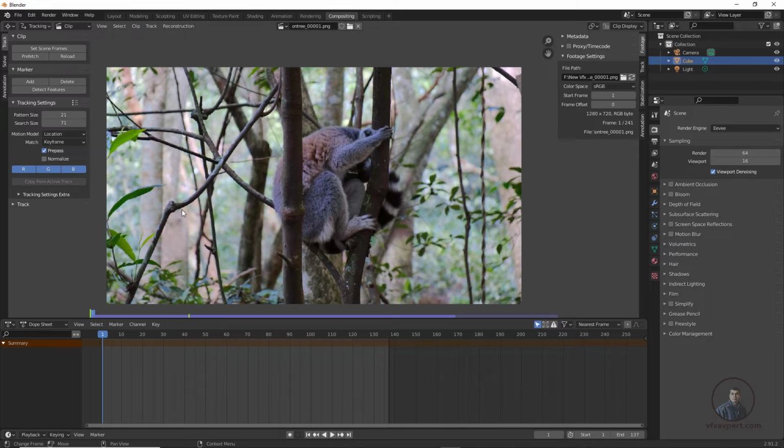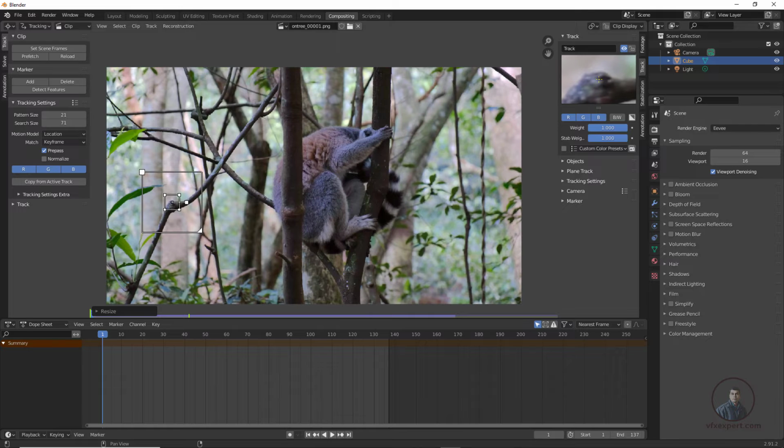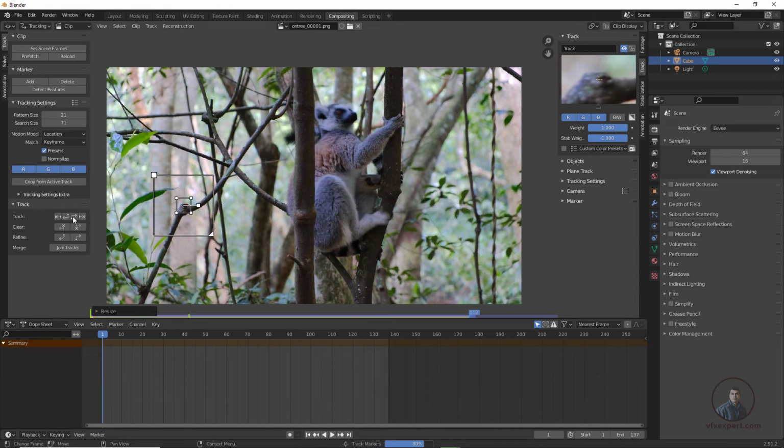One point I am going to track first, this one. So again hold control and click it here, then press S for scale, adjust the size a little bit, alt S. You can also adjust the search region and search area both. Then come here in our track option, place it in the perfect position. Now open this track option and track this forward here.